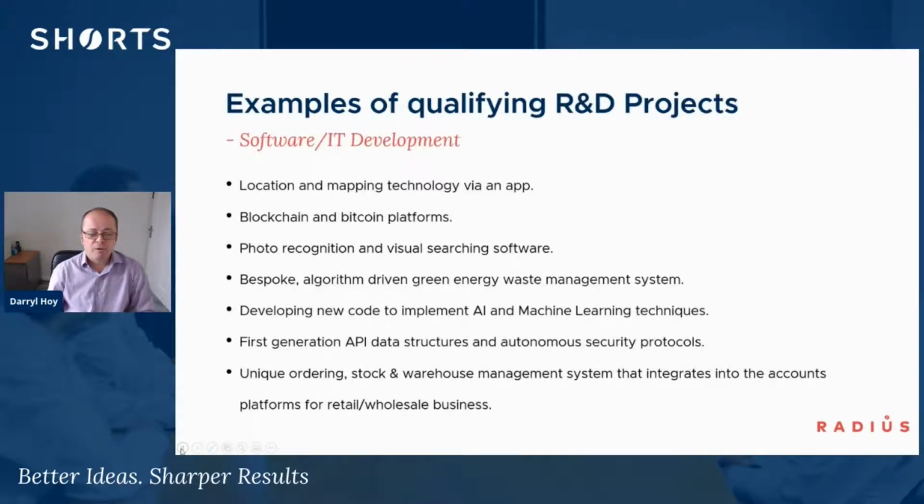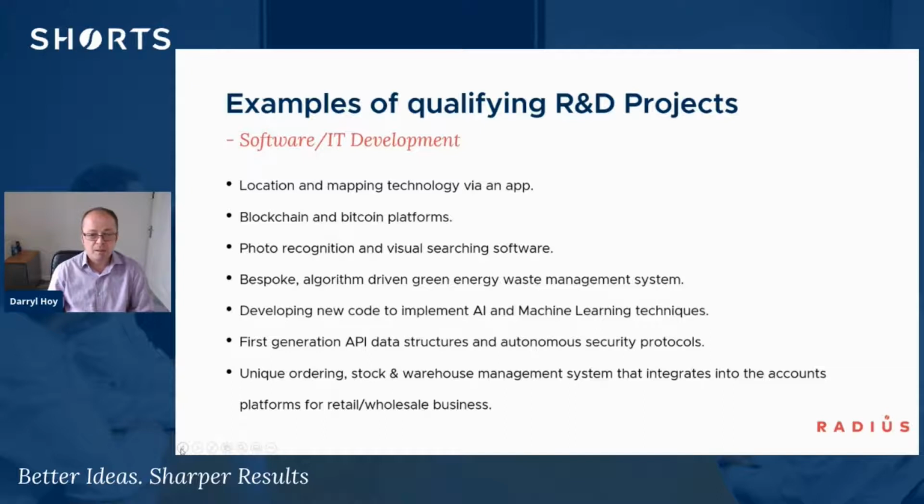So examples of qualifying R&D projects that we've seen in software claims, we've seen some development in location and mapping technology and creating new apps, blockchain and Bitcoin platforms, some photo recognition, visual searching software, lots of bespoke algorithms being developed, particularly for CRM, ERP systems, waste management systems, factory management systems, barcode scanning development, where it's been integrated into different platforms. New codes we've been implementing AI and machine learning techniques, very new kind of